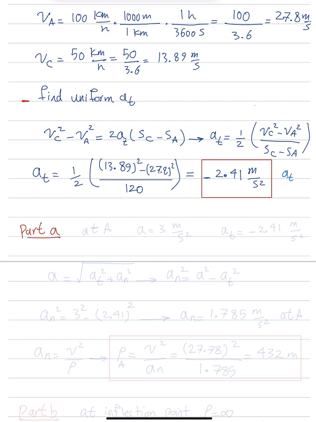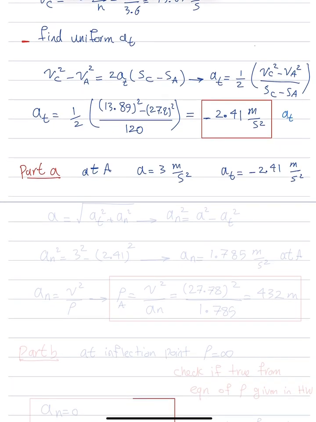So we know that at A, total acceleration is 3. We just found from the previous step that AT is also given. AT is constant throughout the process, so it's the same at A and other points. So we can easily find AN,